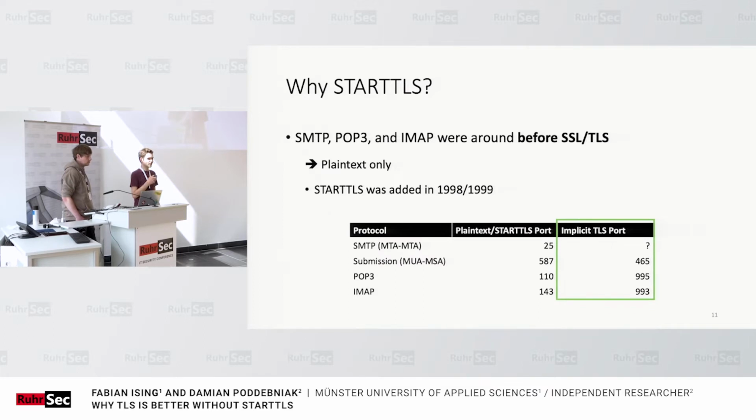But since 2018, it's all good. There was RFC 8314, which is aptly titled Cleartext Considered Obsolete. The implicit TLS ports are back, and they are now the ports you should be using for email. And we even got an implicit TLS port for submission back. SMTP, MTA to MTA, is still a mess, though. But it's being worked on by people.